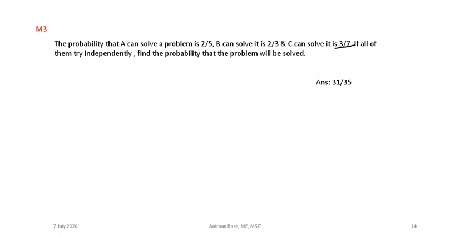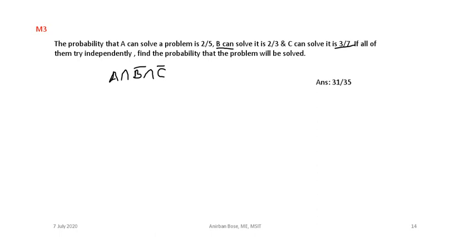Okay, so you see the problem can be solved in this way, that A will be able to solve the problem, but B will not be able to solve the problem. That means the complementary event of B: if we consider B is the event that B can solve the problem, then B complement is the event that B will not be able to solve the problem. And if you consider C will not be able to solve the problem. So in this situation, if all of these happen together, that means A will be able to solve the problem, but B will not be able to solve the problem, and C will not be able to solve the problem, then the problem will be solved.